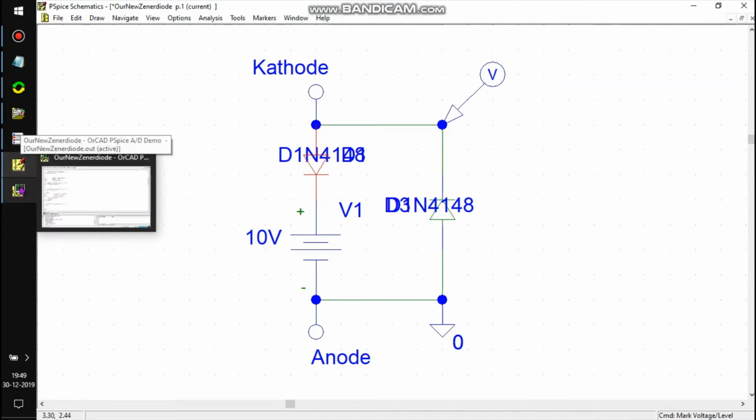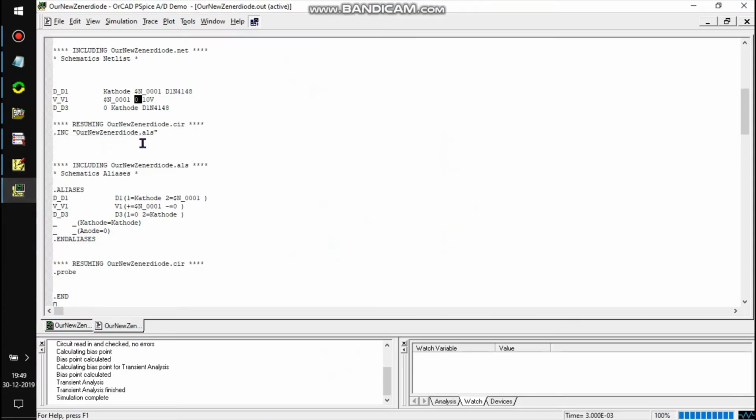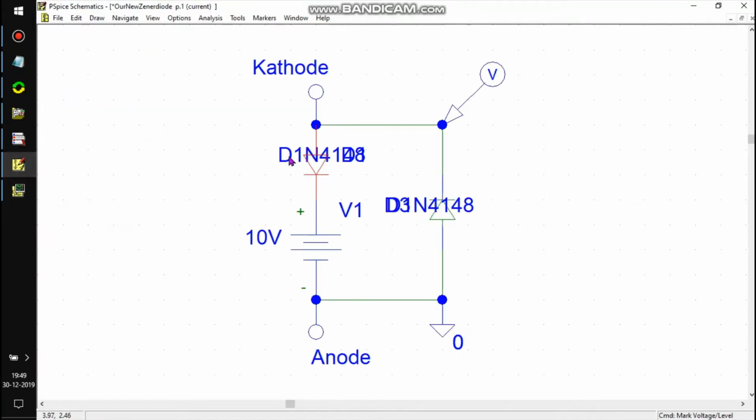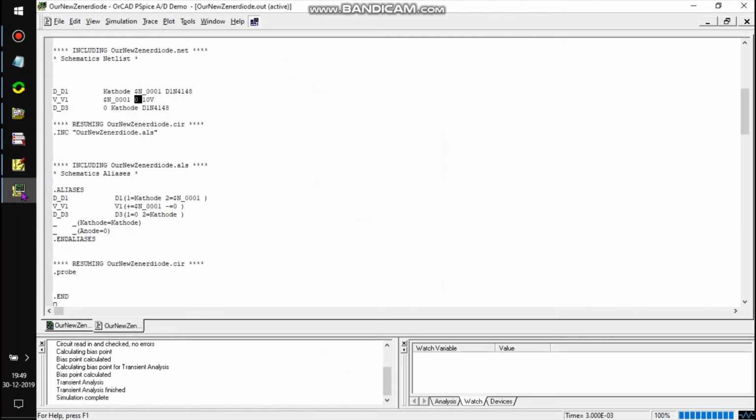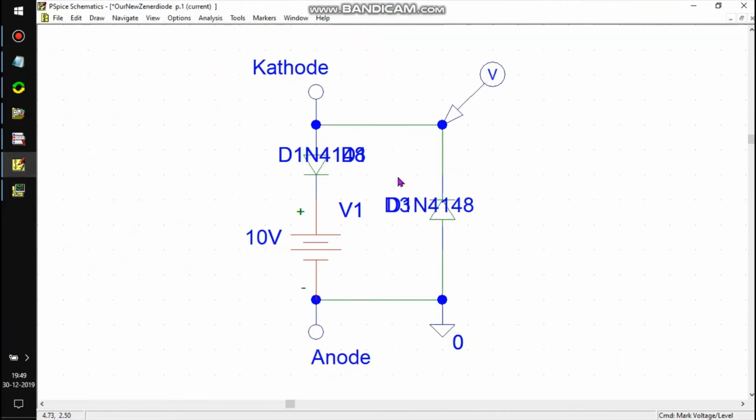So PSpice expects to have all outside connections for each part in a certain sequence. But we don't want to make a circuit to simulate this.